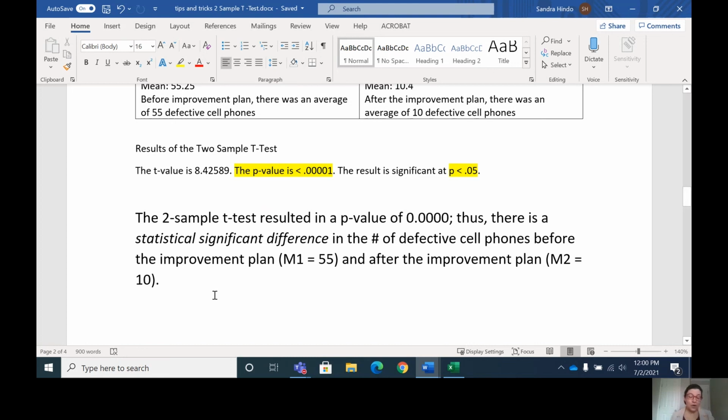What do you guys think the CEO and your supervisor are going to think? They're going to want to ask you follow-up questions during your PowerPoint presentations, both the progress PowerPoint presentations and your end of Lean Six Sigma project presentation. How in the world did you go from 55 to 10? And then you guys can say, hey, read my entire Lean Six Sigma report where we outlined what the before improvement plan process looked like